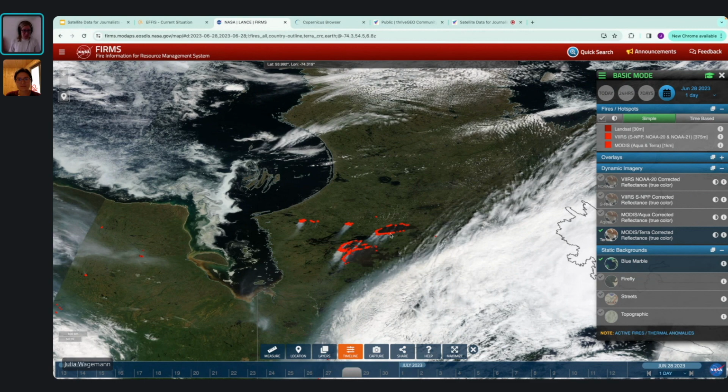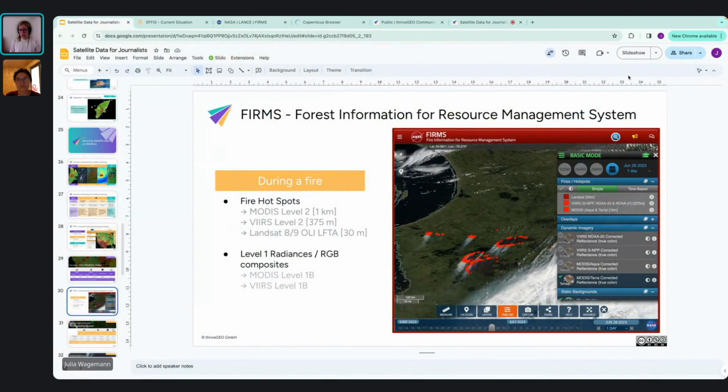So yeah, this is the second system we would like to introduce you to. This specifically focuses on giving you access to data mainly from NASA, and then also mainly giving you a picture of what is currently happening. So during a wildfire. Good. When we now go back to our slides,